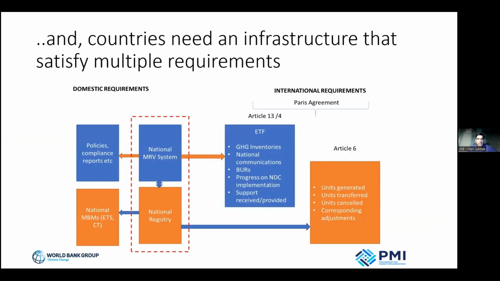Of course, many of the countries that the bank operates in also have national domestic carbon markets and carbon pricing instruments, and they also have some kind of infrastructure to support implementation of those. And then how do we set up the needed infrastructure to meet the requirements of the international carbon markets? Whether it makes sense for the countries to develop different systems, or the existing systems could be enhanced, and what the implications are, but most importantly, what institutional and governance arrangements should be put in place around the infrastructure, so as to operate smoothly and efficiently.